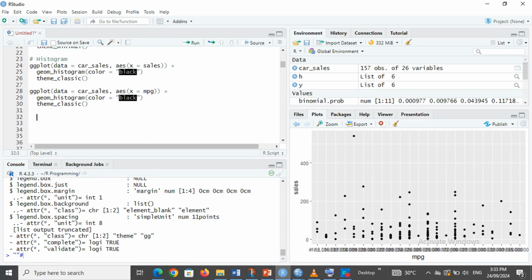Now let's see a situation where you can use the box plot. We can use the dot plot. We can use the box plot. Okay. So let's get the dot plot. So ggplot,